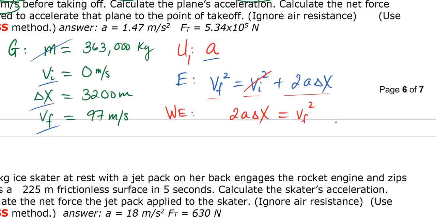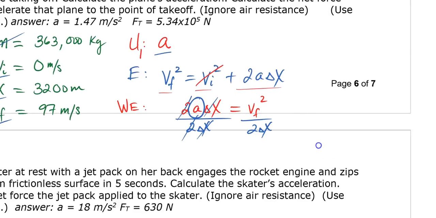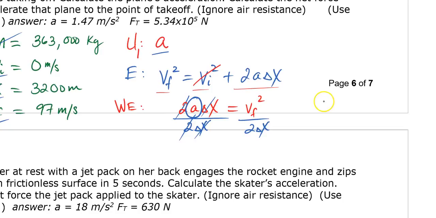Okay, and then we're isolating for acceleration, so divide both sides by 2 times delta x. Remember, delta x is just one quantity. It's just one symbol. Okay, so we've isolated our acceleration. We can substitute and solve. So if you substitute the correct values for VF squared divided by 2 times delta x, you should end up with the solution